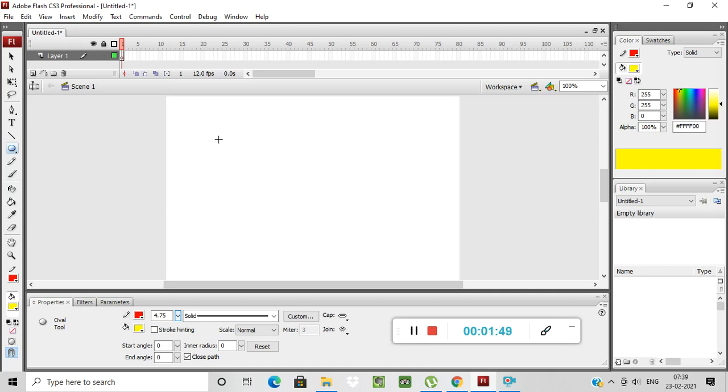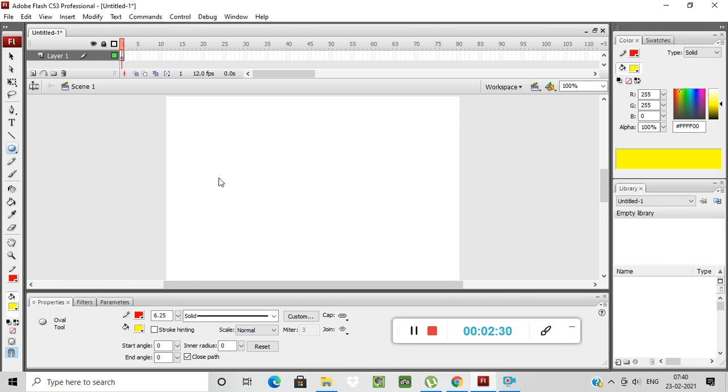Now I'm drawing an oval over here. See, I increased the size of the stroke. Okay, you can increase or decrease the size of the stroke from here. These are the properties of the oval tool. See, this is your property panel. Okay, so now you can select the stroke style also from here. See, you can change the stroke style. I want this solid stroke style, so I'm selecting this solid stroke style over here. Now you can increase the size from the stroke size box.